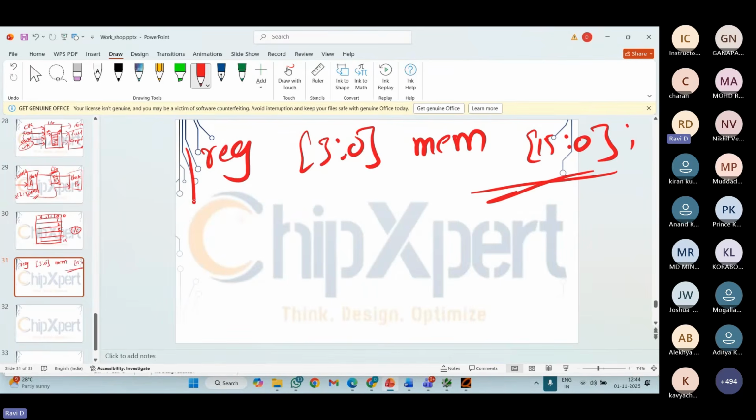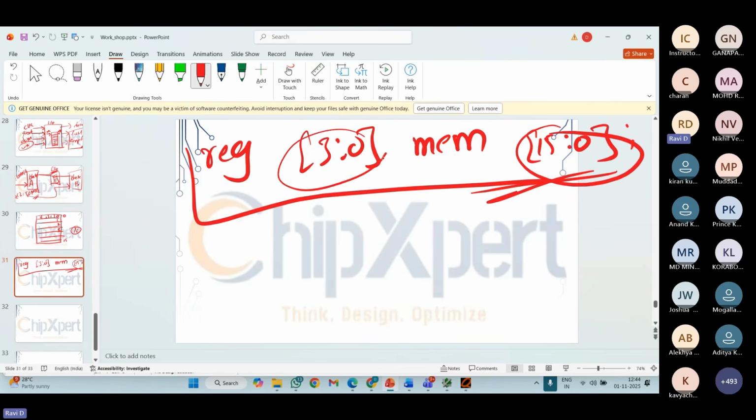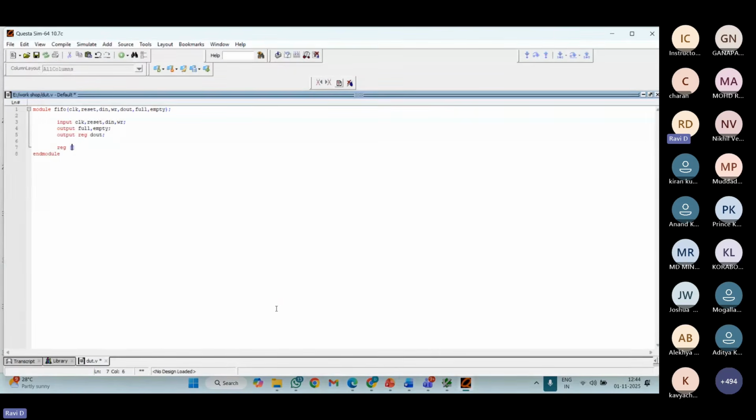So this is how I represent my memory, where I have 16 locations and each location has 4 bits. Like this, we declare the memory.